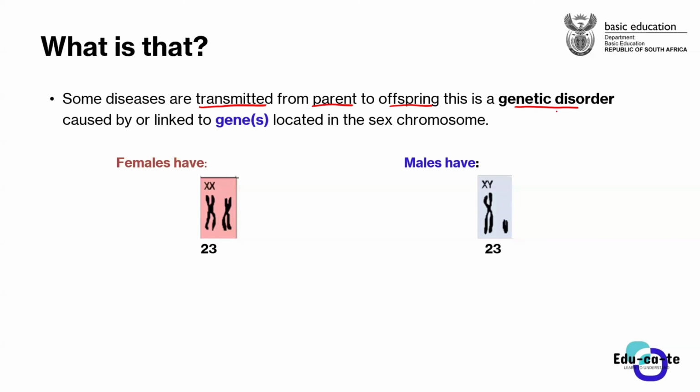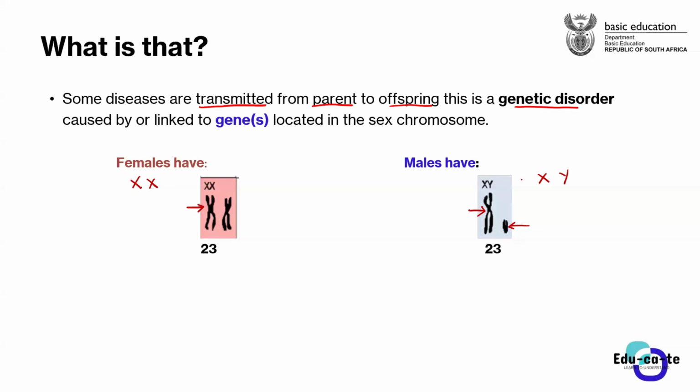Remember, a normal human karyotype consists of a total of 46 chromosomes, or 23 pairs of chromosomes. The 23rd pair is known as the gonosomes. Females have an XX chromosome pair, as I explained last time. These are two X chromosomes and they are large and long. Whereas the male has an XY pair on pair number 23, with this large chromosome known as the X chromosome and this small chromosome known as the Y chromosome. That's why we say females have XX and males have XY.